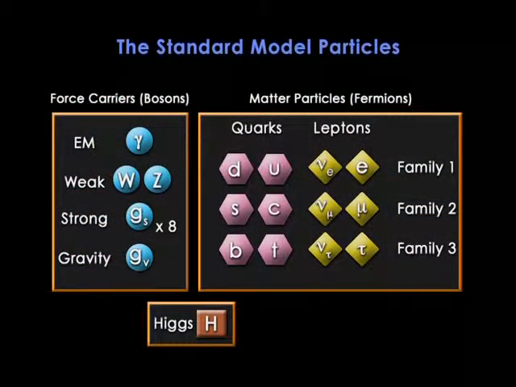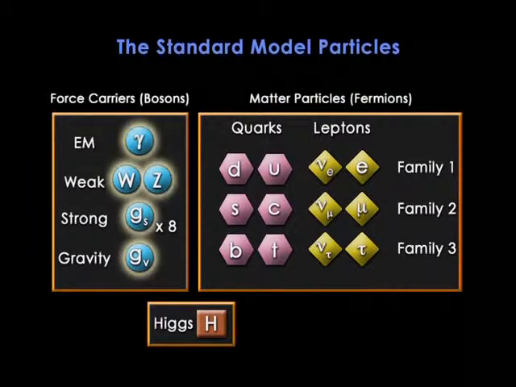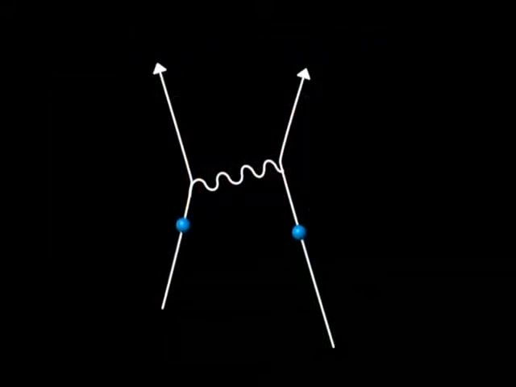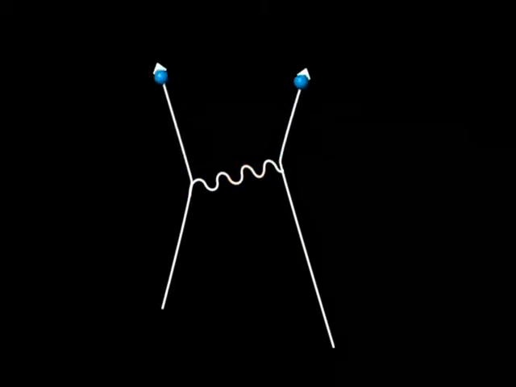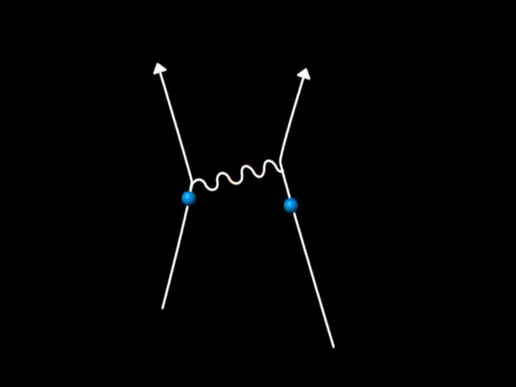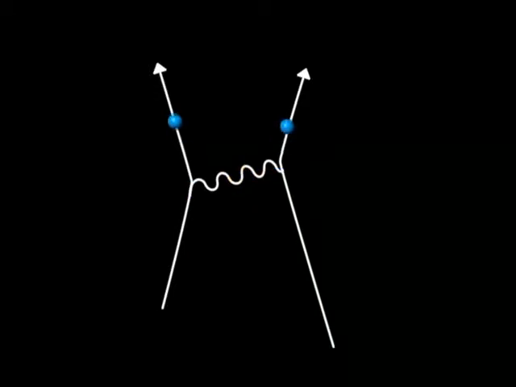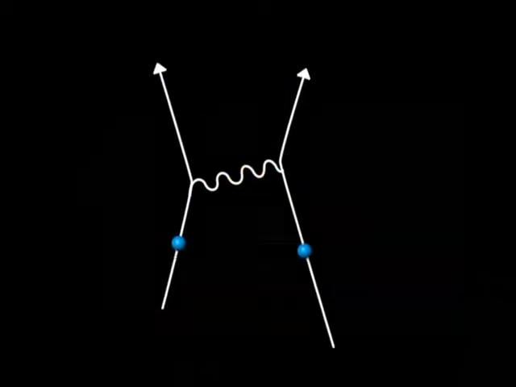So here are the particles of the Standard Model. Over on the left, we have the bosons, the force-carrying particles. What does this mean exactly? Here's a little animation of a quantum mechanical view of how forces act between particles. A boson particle hops between 2 particles, and the energy and momentum that it carries alters the particles' trajectories. So a force has acted. So let's briefly go through these forces.